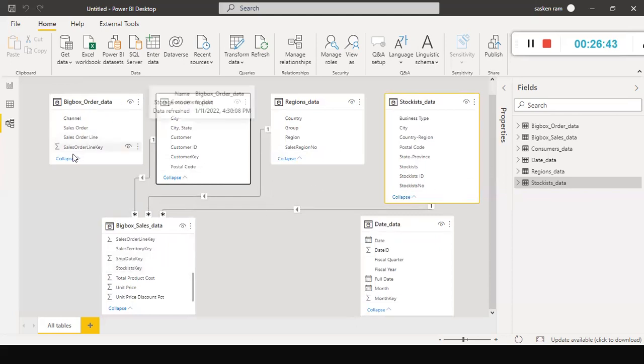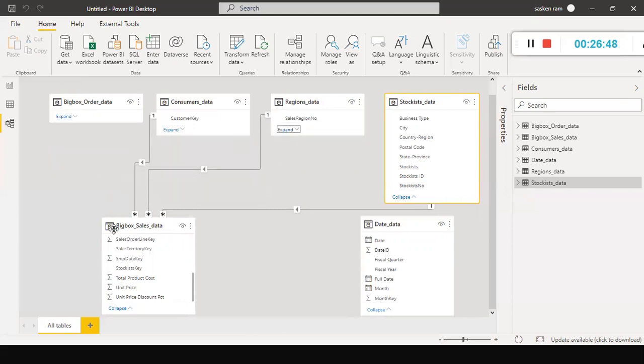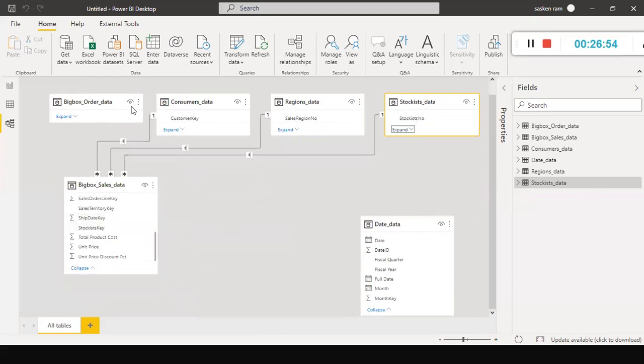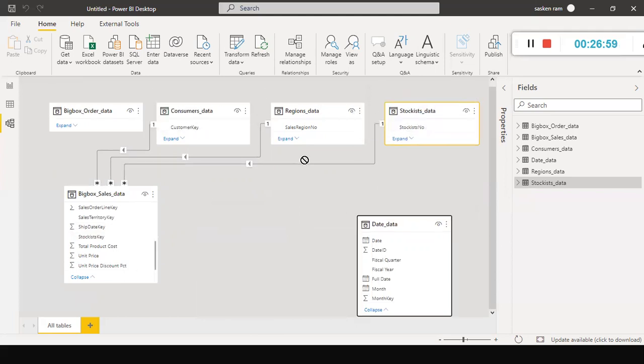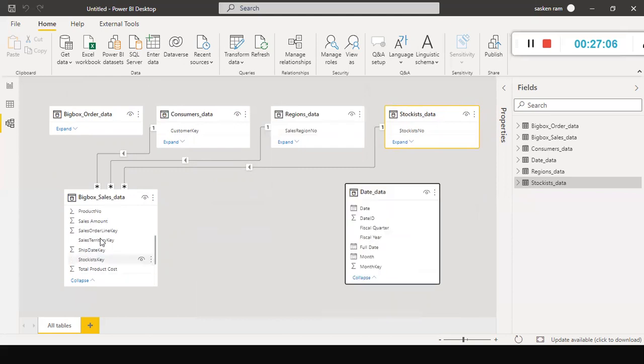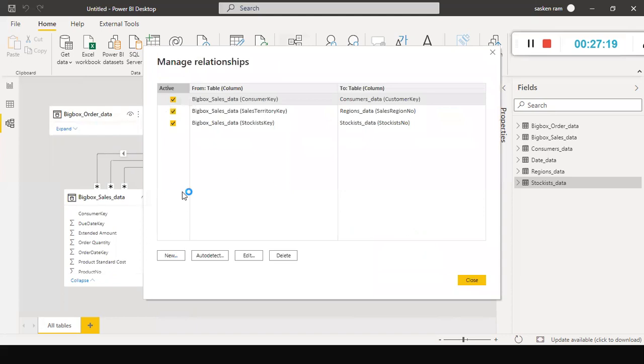So for the time being, I just click on collapse because I created the relationship correctly with these three tables, to view everything in a single page. I just collapse this one. Next, all the tables should be connected, linked up here. But this table is yet to be linked up with this table. So here the date column is the one, the second date column. Let me do one thing. If you are not sure, just select manage relationship, using which we can create the relationship.